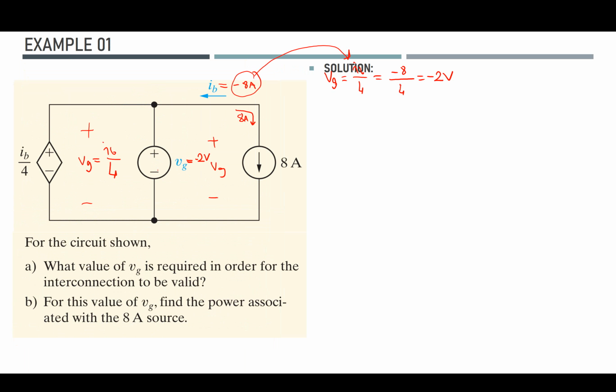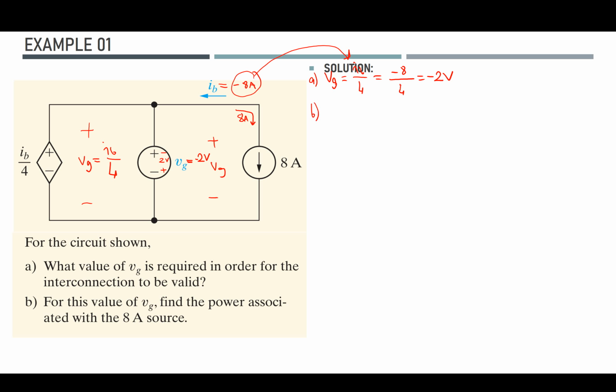So it means that the true direction is plus and minus 2 volts. They are the same thing. Vg equals minus 2 volts, or if I rewrite or reconnect the element like this, they represent the same thing mathematically. So I have found the Vg. This concludes part A. And for part B,